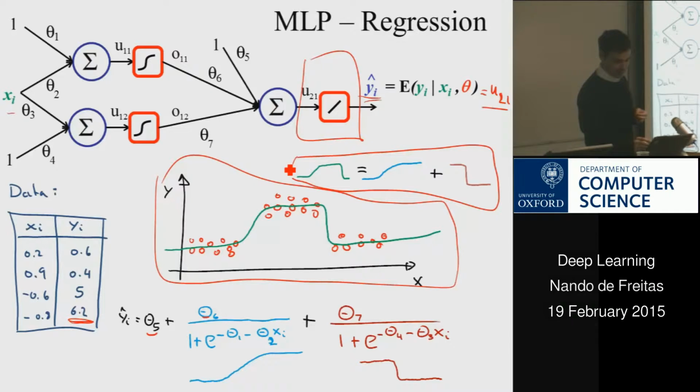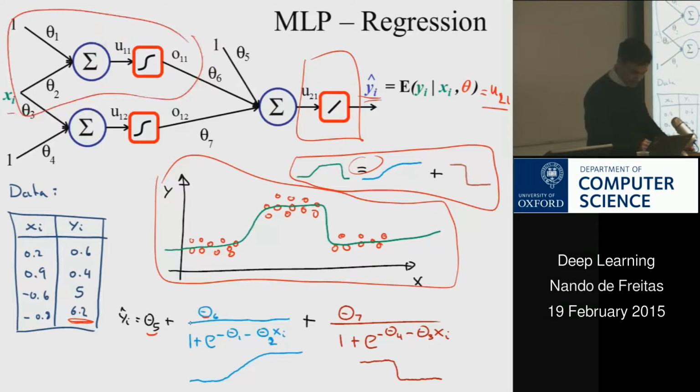We can get this equality. And that's essentially what neural nets are doing for us. They're function approximation tools. This guy here gives me this first neuron that we have here. As you can see, it's taking the input and a bias, doing the linear term here, so theta times x plus theta times 1. You put it through a sigmoid, and then you scale it with theta 6.